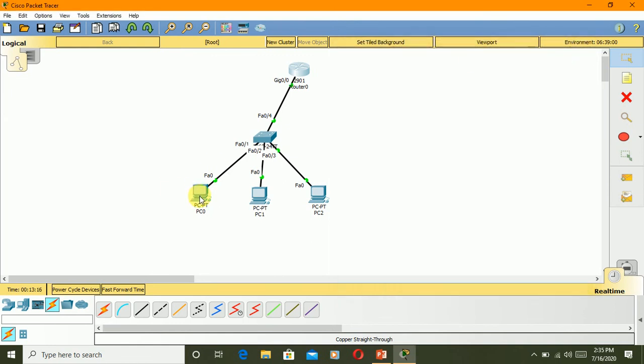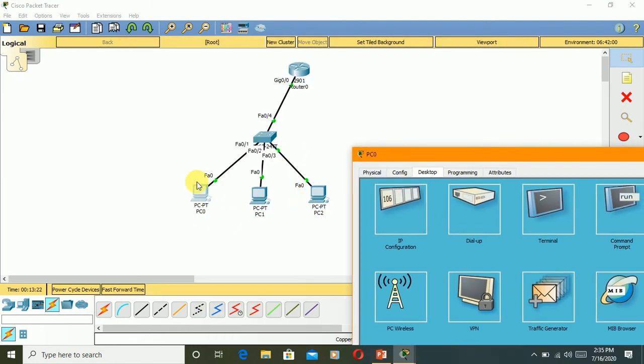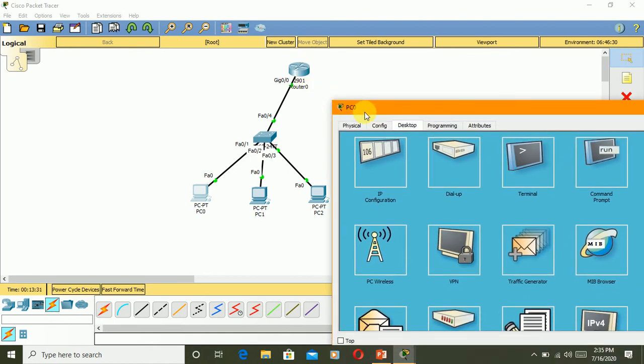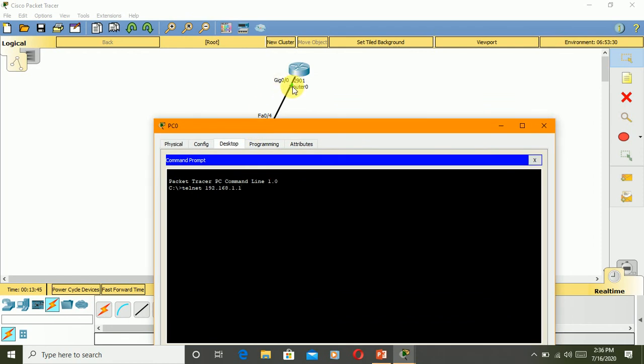Now open any of the systems. From this system, PC 0, I need to access this router 0 remotely. For this I need to go to the command prompt, write telnet. Now the IP address 192.168.1.1 is the IP address of this interface, the gigabit 0/0. Enter. It will ask you the password of your Telnet, which is